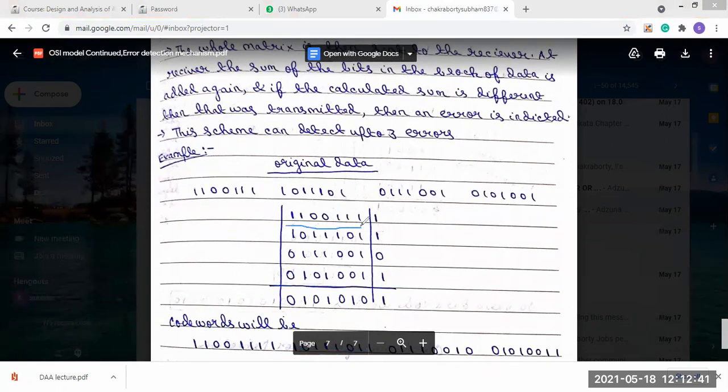This message is arranged, then this message is arranged. After that, the 4th message is arranged, and at last, the 5th message is arranged.